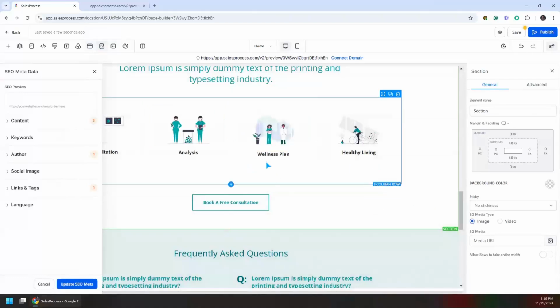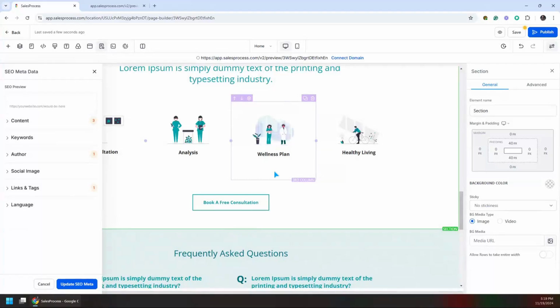Okay. The next thing is SEO metadata. SEO means search engine optimization. So whatever data we put in the SEO, it will be optimizing the search result for that particular niche or for any particular website. Like